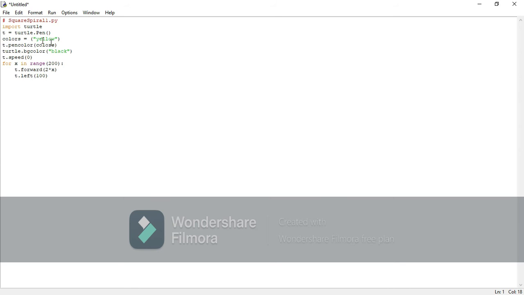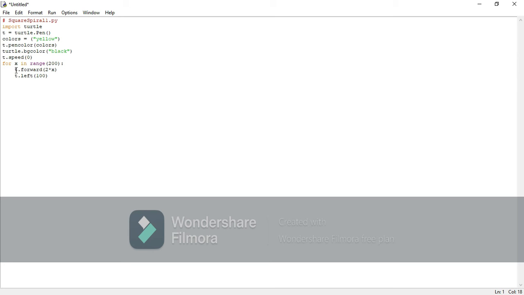Color is yellow, T.pen color in the variable color, and then turtle background, we want it to be black. Now T.speed to make the turtle go faster, and for X in range 200, we want our turtle to draw 200 times the spirals.